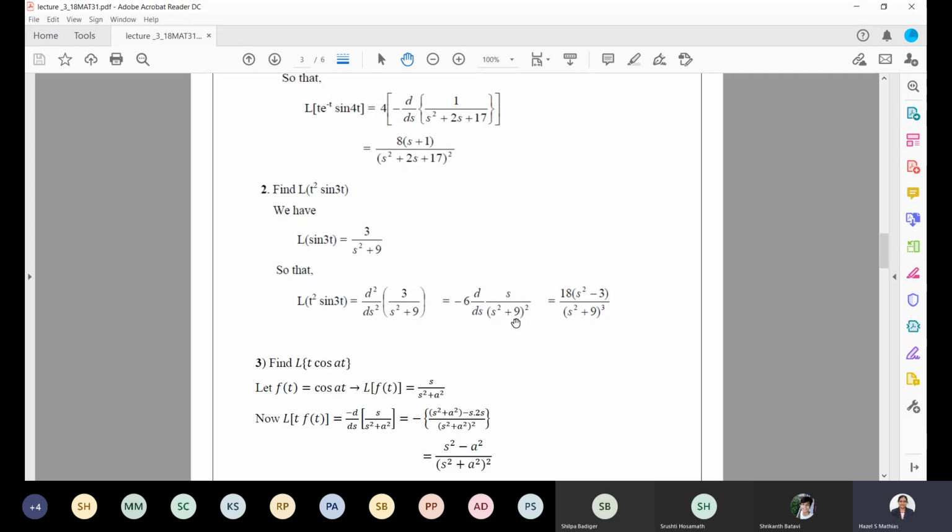So what do we get over here now? You can try it simultaneously. Again, it is denominator square. This is the simplified answer. You can again differentiate it and check it. Again, it will be denominator square, so it will become s square plus 9 whole power 4. This term into differentiation of s, that will be 1, minus s into differentiation of s square plus 9 whole square. This is the simplified answer.